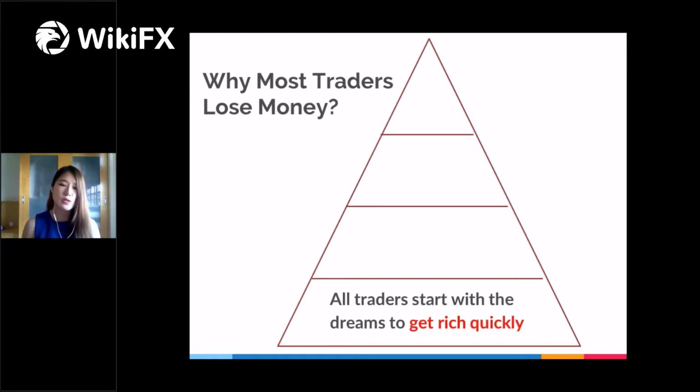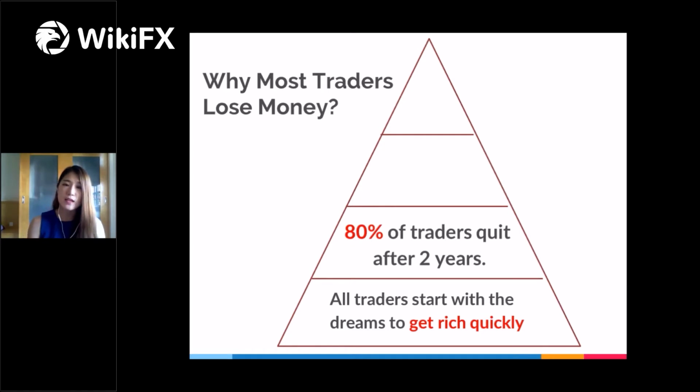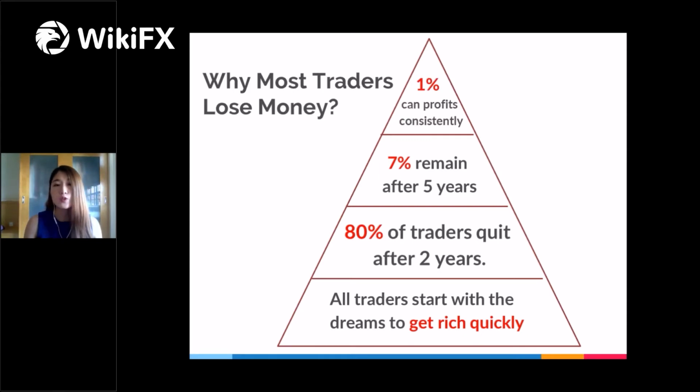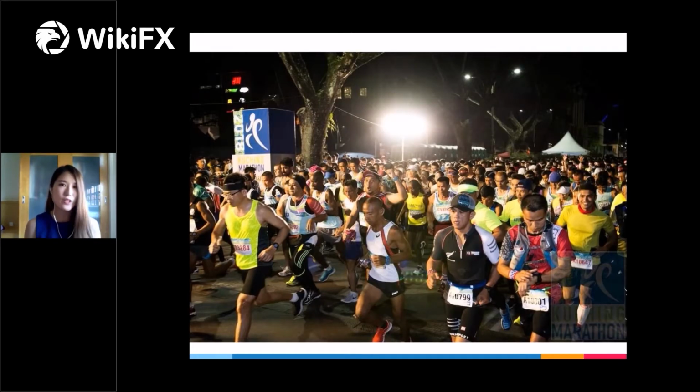Most traders start with the dream of getting rich quickly, because trading is a short-term period for a transaction, so they have frequent transactions in and out. People think that trading can get rich quickly. Because of this wrong mindset or wrong perception, 80% of traders quit after 2 years, 7% remain after 5 years, and in the end, only 1% can profit consistently from trading. Trading is actually a marathon. It's not a short distance race. We can't go fast, but we can go at a really consistent pace